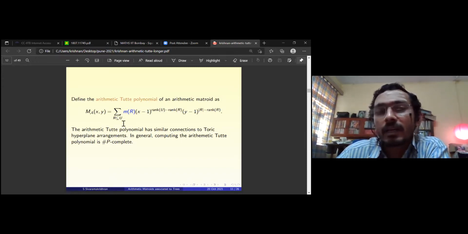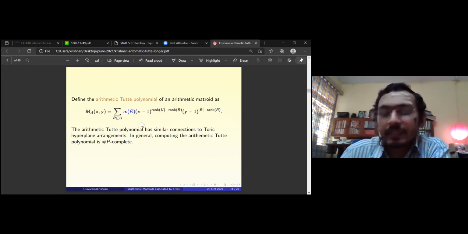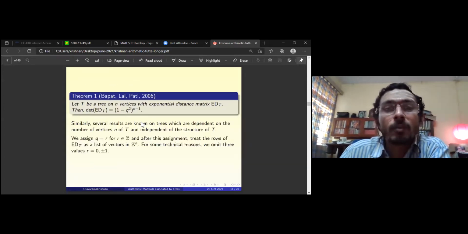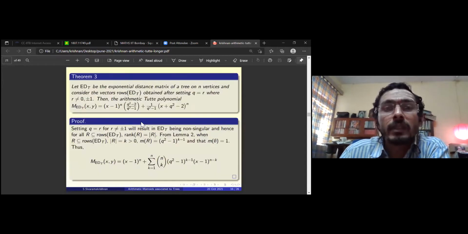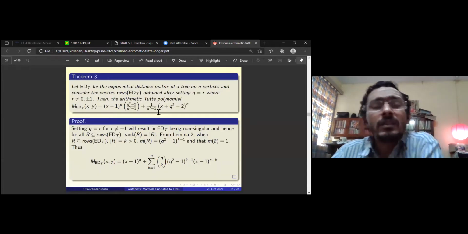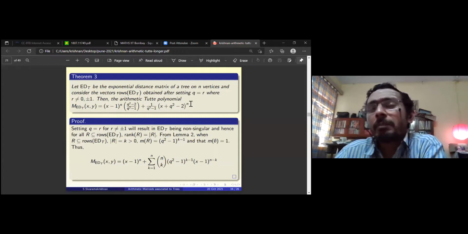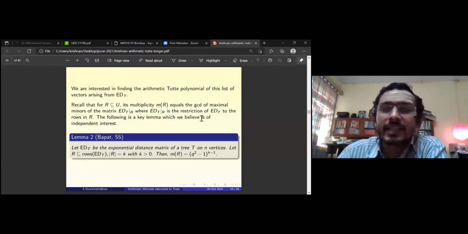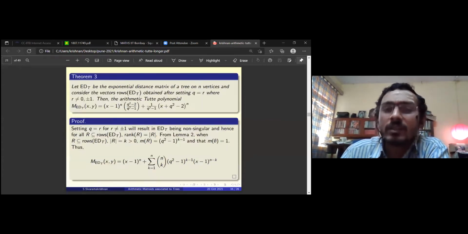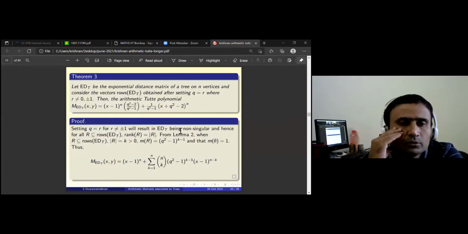Mod R minus rank R turns out to be, so that this thing will never even contribute. So we get something as only a univariate polynomial in this case. The Y term will not even be there. It's something like something power n, Q squared. You can just work out because the multiplicity is exactly this, Q squared minus 1 whole to the k minus. So why is this multiplicity called multiplicity?